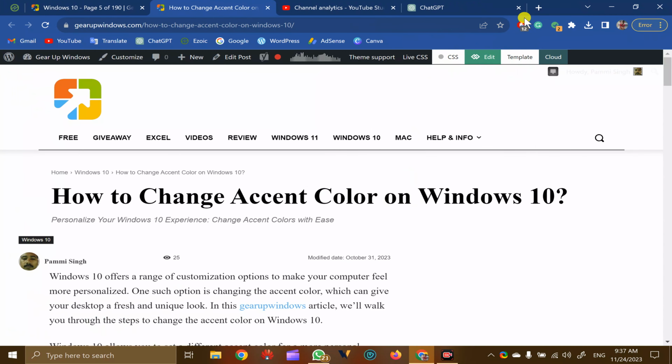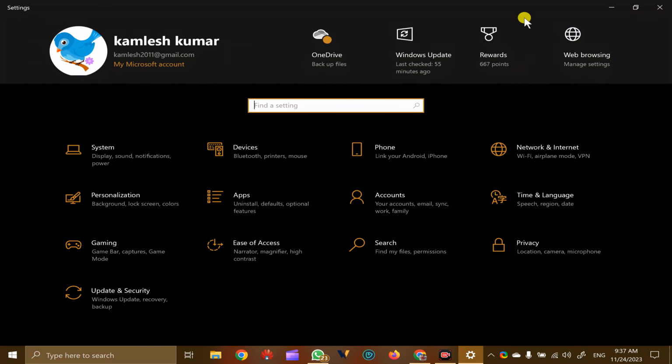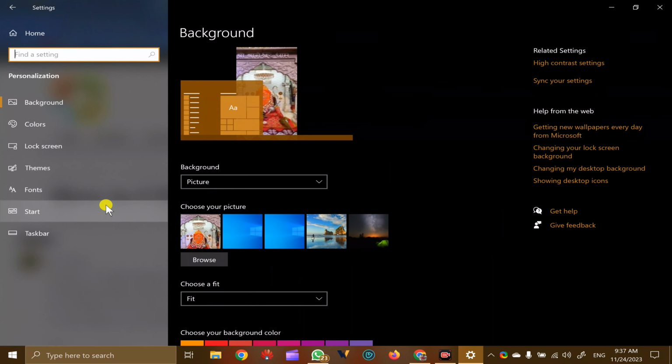To change the accent color, press Windows I on the keyboard. Then click on the personalization option. Here select colors.